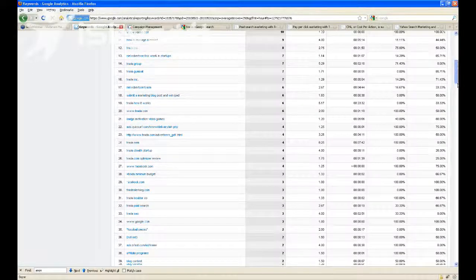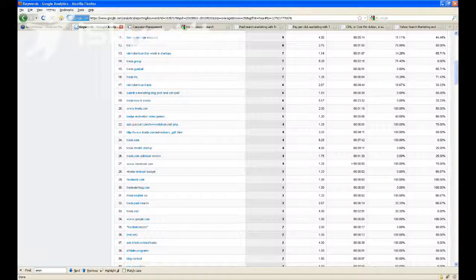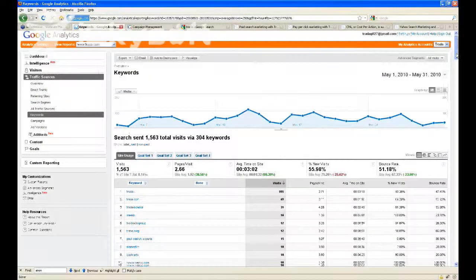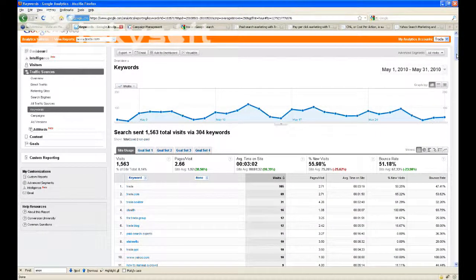These are all of the organic keywords, but it's very much tightly packed around sort of Trada-centric or team-centric kinds of concepts. So if you're trying to figure out a specific landing page to build, this really isn't that helpful. It's not really telling you much about the kinds of people that are coming to see you. What I'll do now is flip over to AdWords to show you a different view of the same kind of information, a view of what people typed and then clicked on your ad in AdWords. And you can see the huge disparity between these two things, and I'll show you how you can come up with some good ideas for basic landing pages.